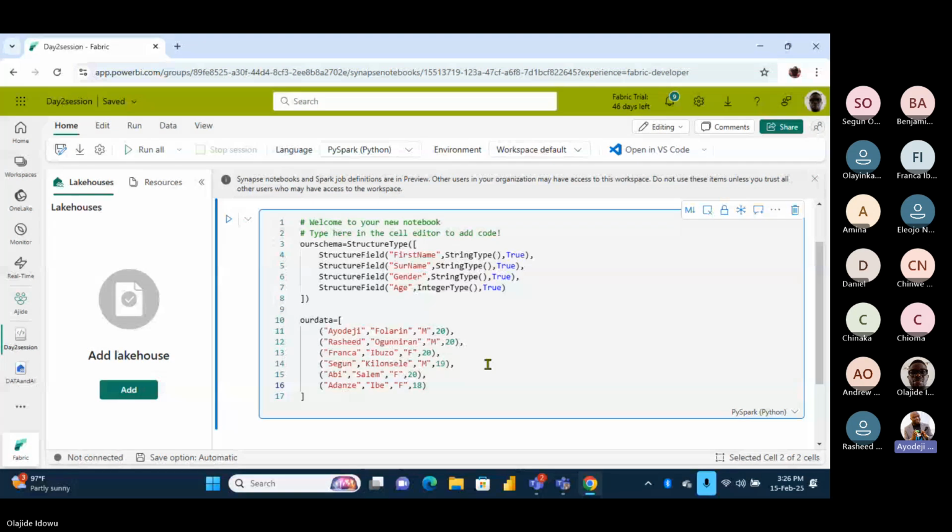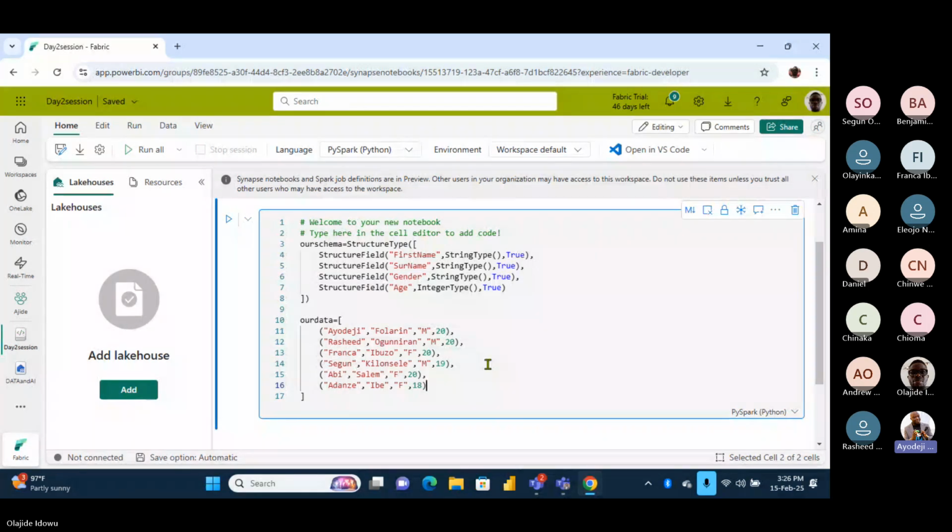No, you can't run it yet. I just want to show us how to set up a schema. That is the schema, and what Jide has done below the schema is the data structure. Thank you, this is superb. Now we want to run a data frame, that's where we are going. We want to run a data frame that will hold both the schema and the table.